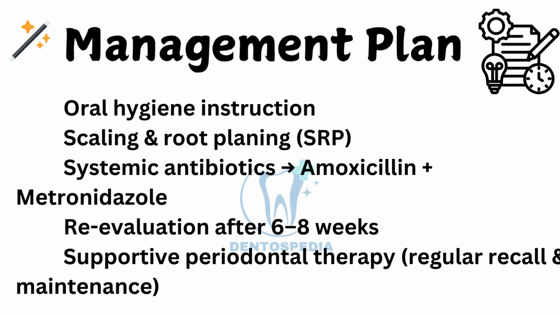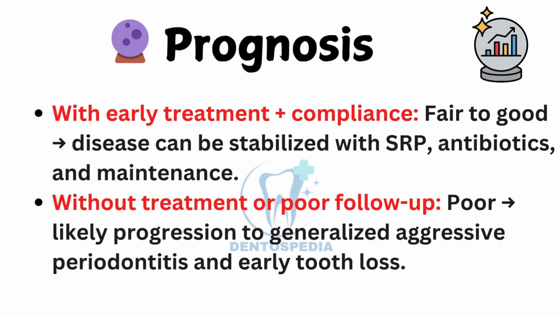Management for Sarah includes oral hygiene instruction, scaling and root planing, and adjunct antibiotics with amoxicillin and metronidazole. We then reevaluate after 6 to 8 weeks, and place her on supportive periodontal therapy for long-term stability. For Sarah, the prognosis is fair to good if she receives early treatment and remains compliant with maintenance. But if left untreated or follow-up is poor, the prognosis is poor, with progression to generalized aggressive periodontitis and early